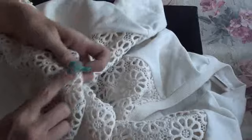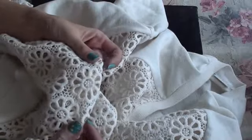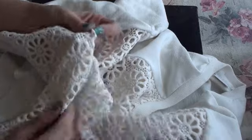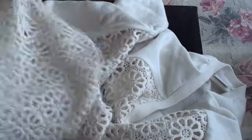And I know you might think, oh, that's a lot of work, but actually, if you look at the amount of little doilies you get, it's worth it. And I can just sit outside and trim all those off. I will do that. So yeah, that was one top I got, and the other one